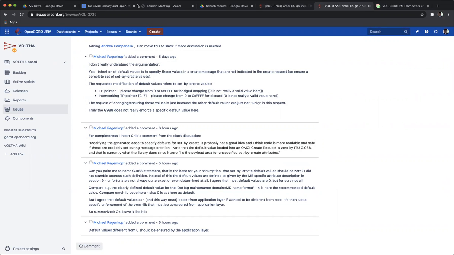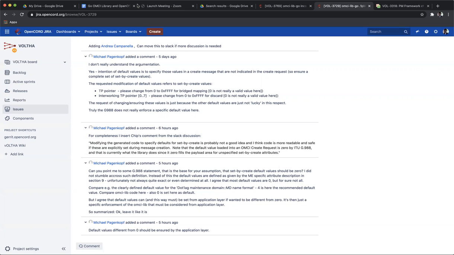His statement was that somewhere in the standard he found something that states that the set by create values have to be set to 0 as default values. I did not find such a statement in the standard. Anyway, I can understand that he wants to avoid some changes which are not really necessary.